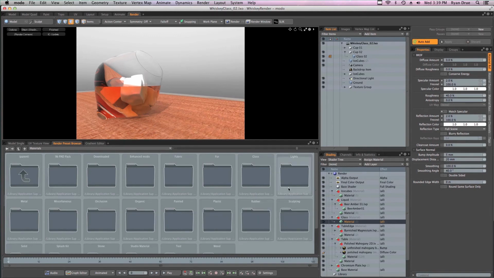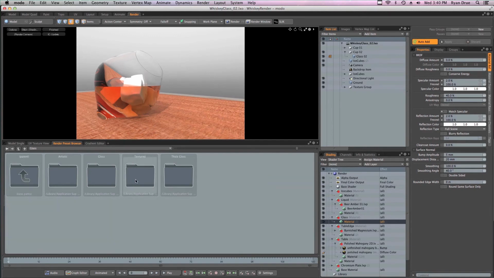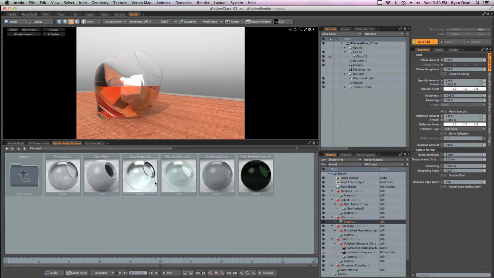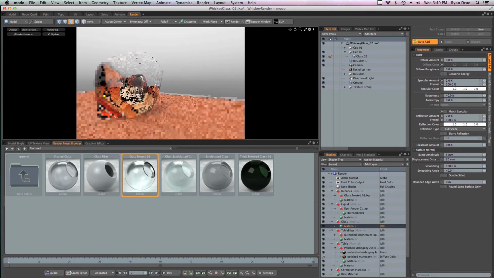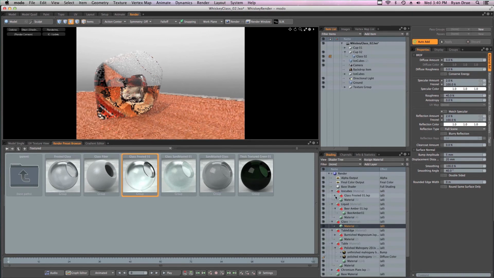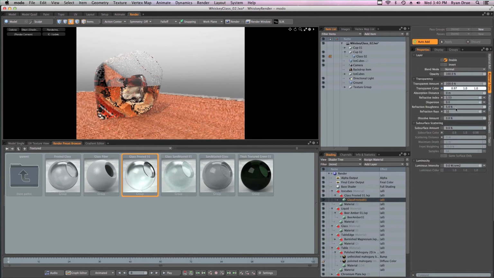But if we went back to that glass preset library to these textured ones, I almost think that this glass frosted looks a little bit more like an ice cube would. Let's try that. Drag and drop that into the ice cube. And I think that looks pretty good. It's not completely see-through. What it has on it is a bit of a bump map, or actually, it's not using the bump map. It's using a bit of this